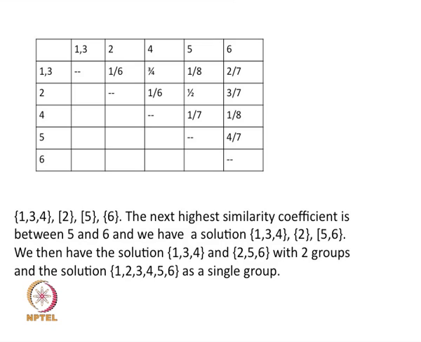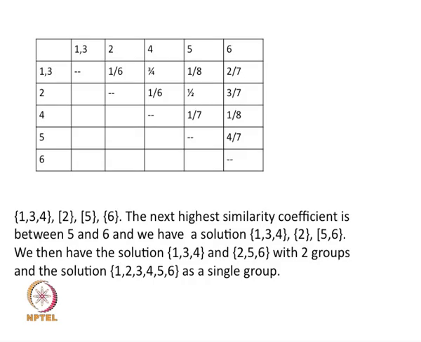So, 4 goes to 1, 3, and the next set will be 1, 3, 4 together as one group, 2 as another group, 5 as another group, 6 as another group. So, we now generate a 4 by 4 matrix from this, where the first row will be 1, 3, 4, 2, 5 and 6, column is again 1, 3, 4, 2, 5 and 6. Now, we follow the same approach. From this matrix we can create the next matrix by taking the maximum of the similarities, and if we continue with this process, finally we will get,